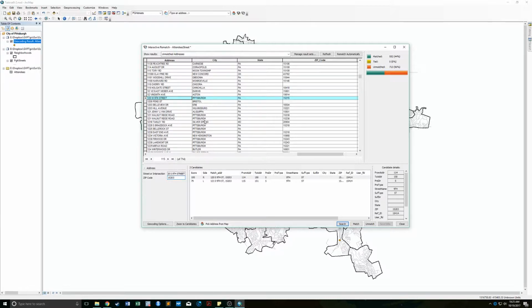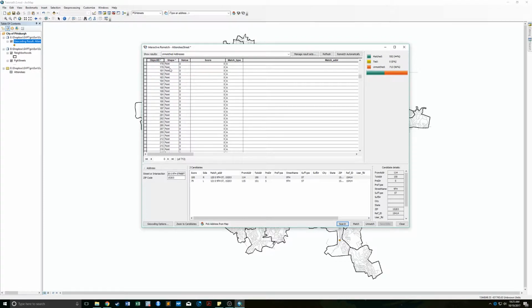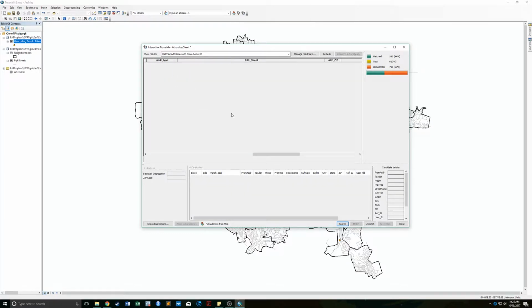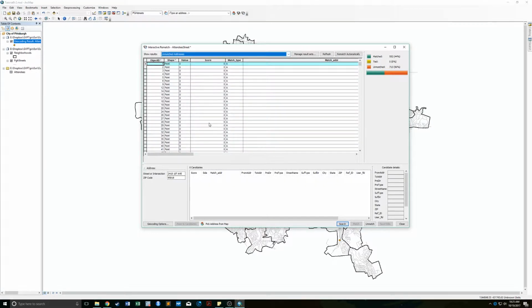So then you could go through and do some stuff like this, but sometimes you'll just run into an issue where, for some reason, you can't get the matches to work, but you do know where an address is on a map. You can actually just point and click, like drop a pin where that address is, and it will put them on a map for you. So we can do that